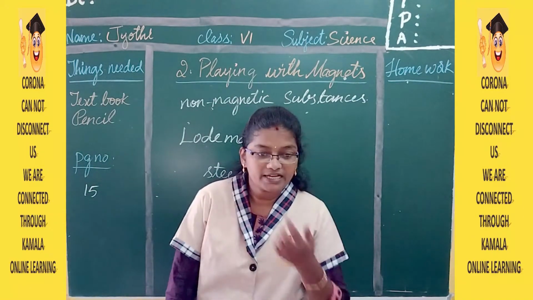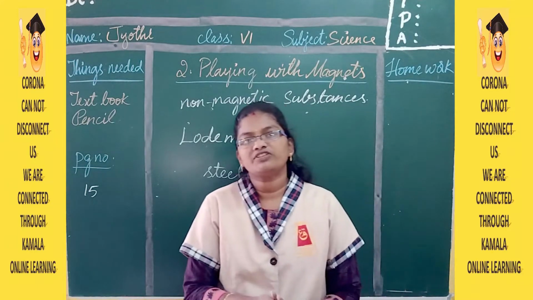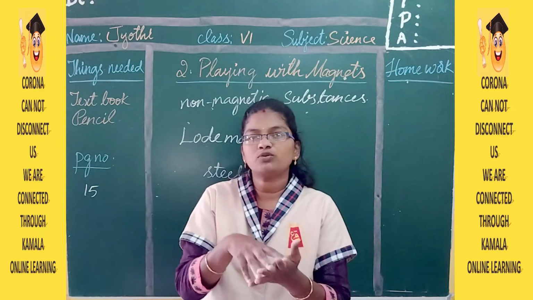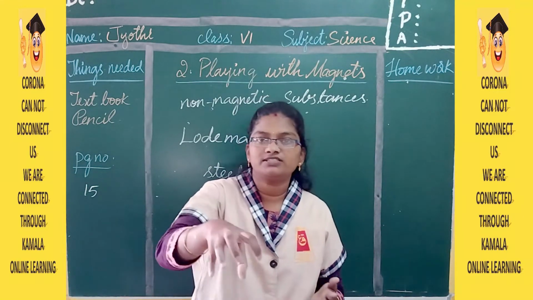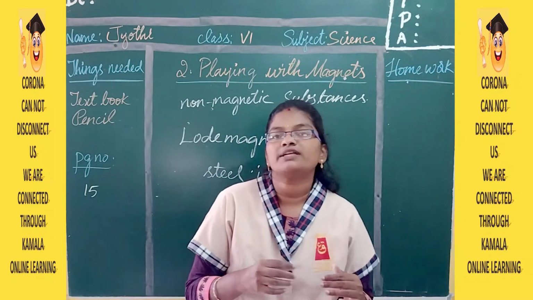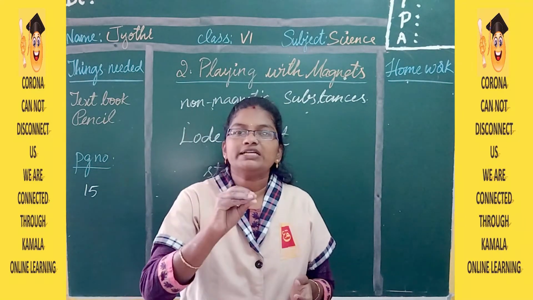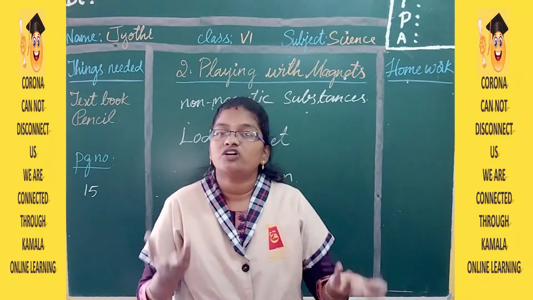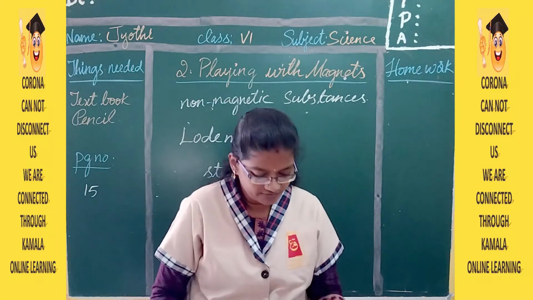Then we have already done one experiment, in the school ground or the normal ground, like sand near your home. Take a bar magnet, just tie it to a stick and roam it around, touching it a little bit near the sand. After moving for 5 to 10 minutes, you can remove the bar magnet and observe it. You can see some dark particles attached to the magnet. So what are those? Those are nothing but iron filings, small particles of iron.